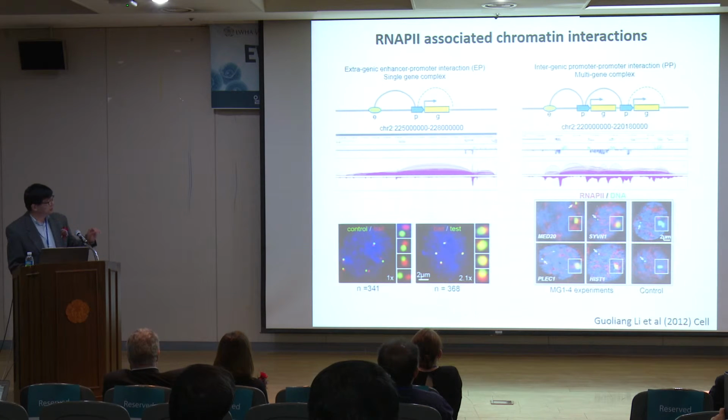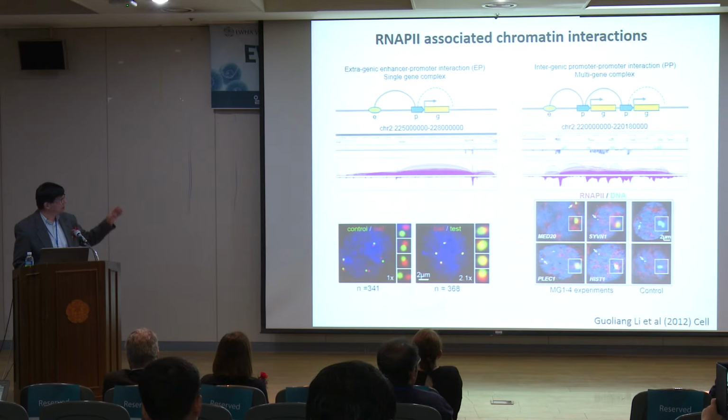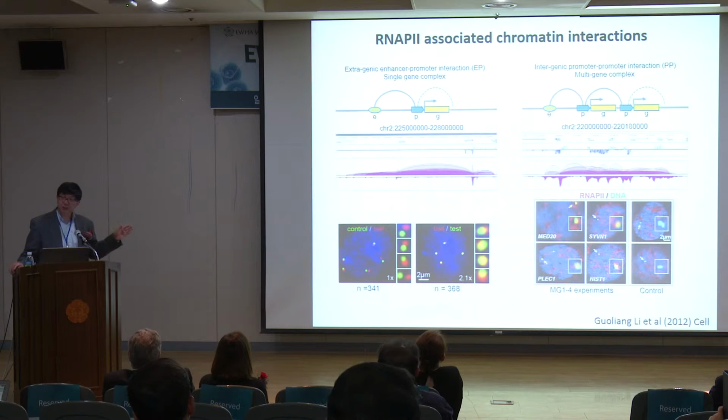And we are also using RNA-Pol2 to do the ChIA-PET analysis. Previously, that was published in 2012, showing that RNA-Pol2 mediated chromatin interactions connect enhancers to promoters, and more specifically,